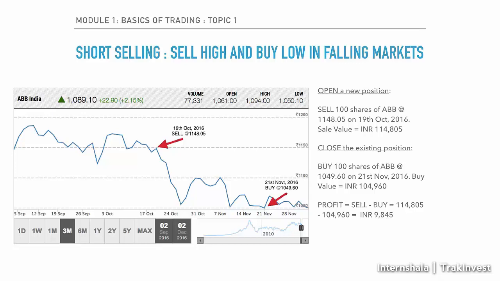This is it for now. In the next module, you will learn a few other key terminologies regarding what a portfolio is, what is portfolio diversification, and what are the traders and the investors, and what is the difference between the two types of trading styles. Till then, go on to trackinvest.com, explore the platform. You may also Google some of the terminologies you have learnt in this topic for an in-depth understanding of the key terms.